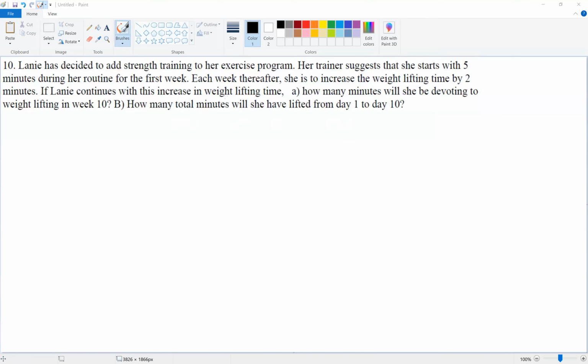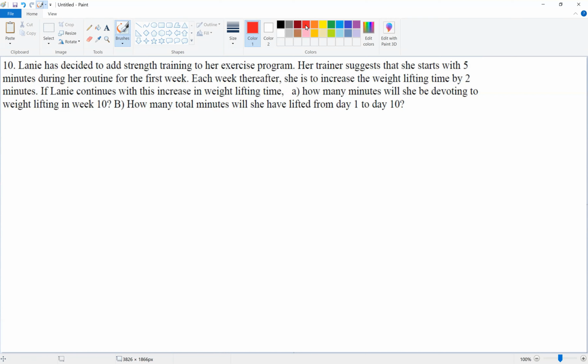So for number 10, what I did was first I did U1 equals 5 because that's how much she trains in the first week. Then U2 equals 7 because that's how much she will train if she adds 2 minutes, and therefore D equals 2. Using that, I found the 10th term by doing U10 equals 5 plus, in parentheses, 10 minus 1 times 2. U10 equals 5 plus 18, which is 23. So U10 equals 23